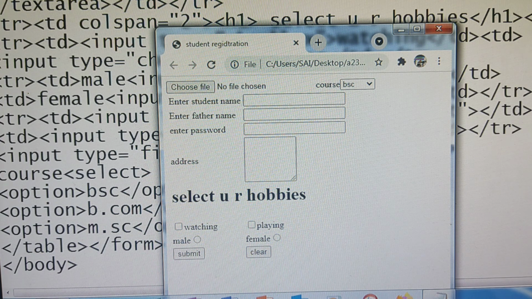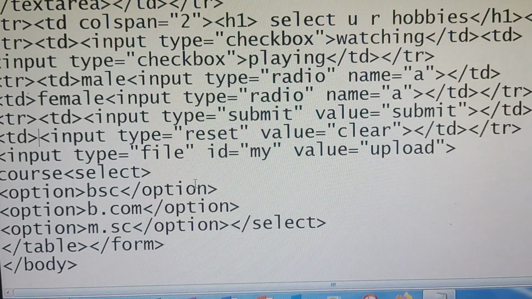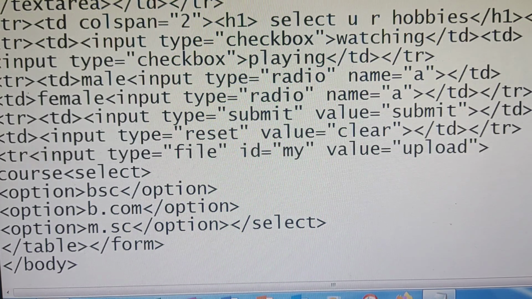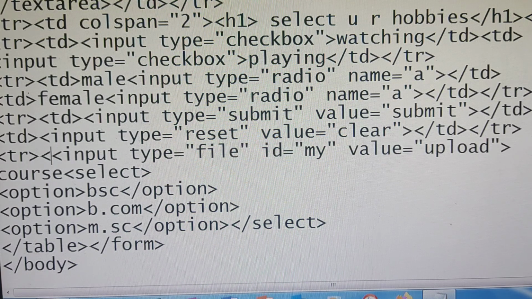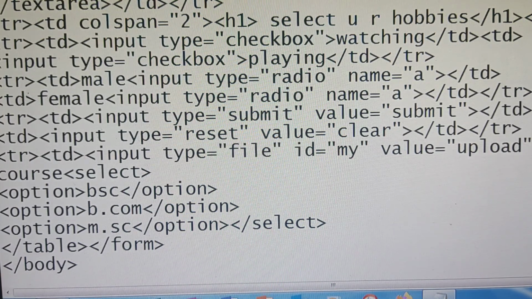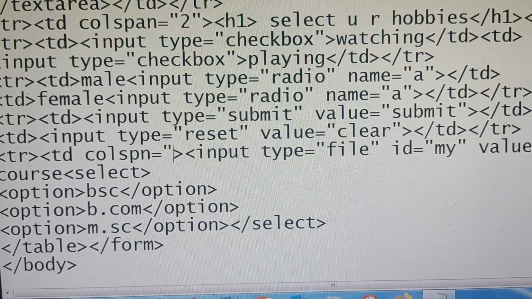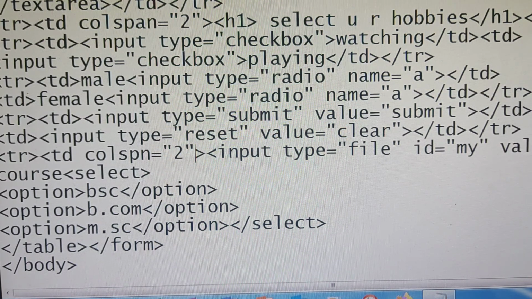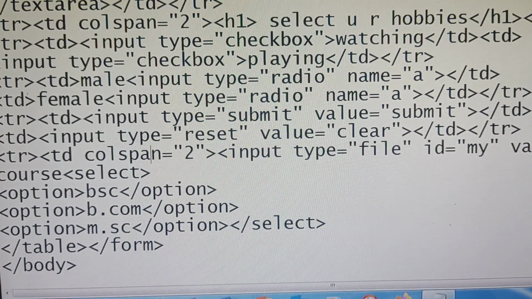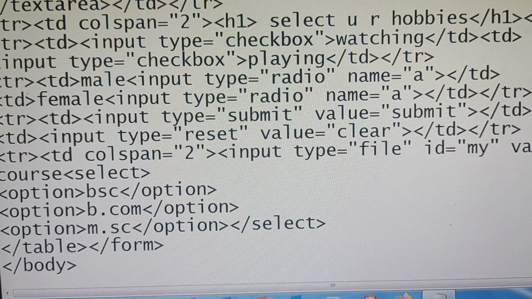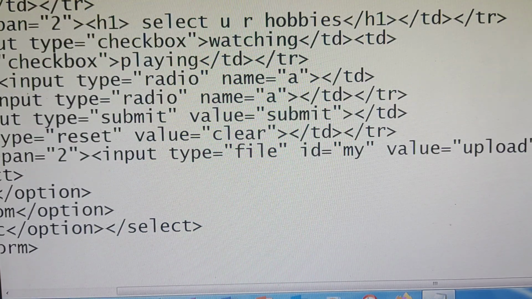Okay, so here this choose file, and also I am putting it in a table so that it will be good. TR. Next TD. TD is nothing but a column. So here TD colspan I am giving. 2 columns I am combining. Colspan, C-O-L-S-P-A-N, colspan. It is used to combine 2 columns. So I want to give this in a single one only. Close TD. Next after that close TR.